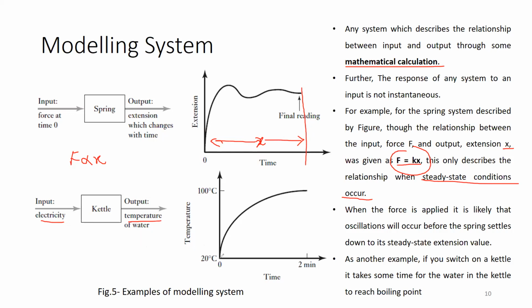You want to reach the temperature 100 degrees Celsius, but even if you are applying a stable electricity, it will require some time, like 2 minutes, to reach 100 degrees Celsius from 20 degrees Celsius. Okay, so there may be a direct relationship between the electricity and temperature इसमें होता है